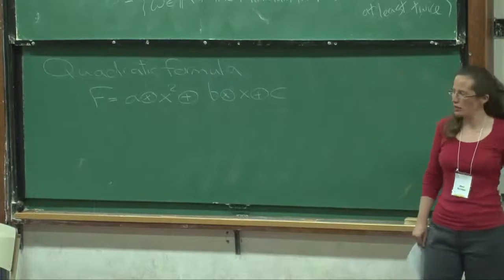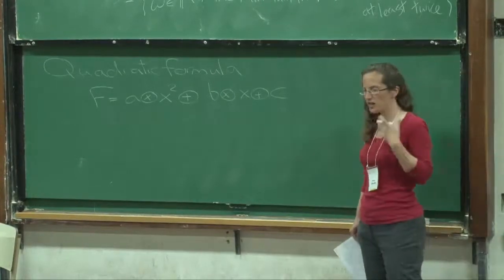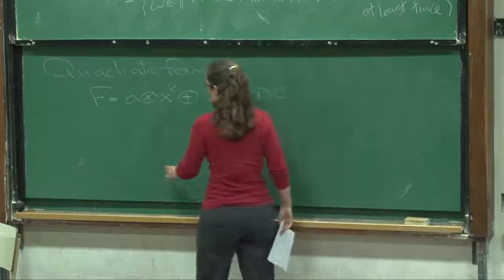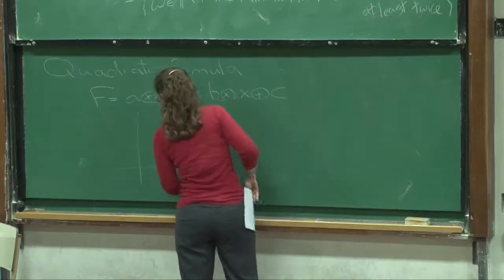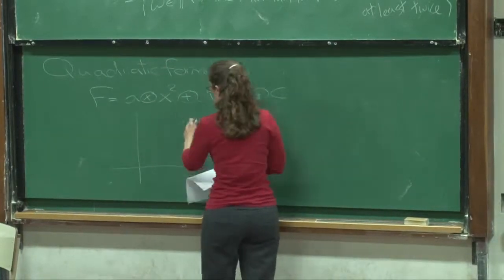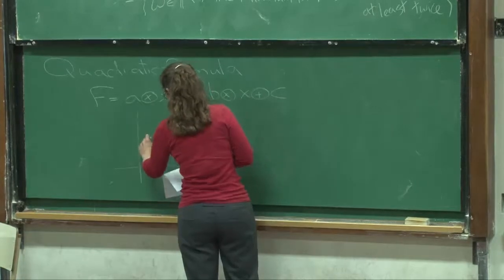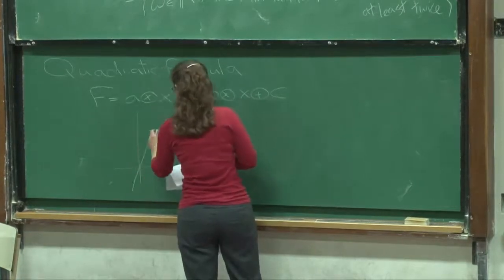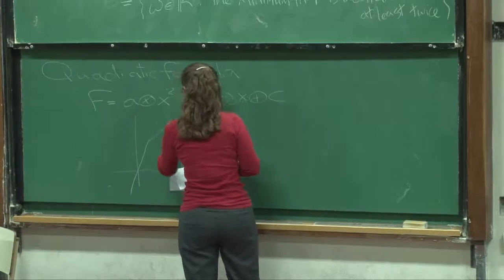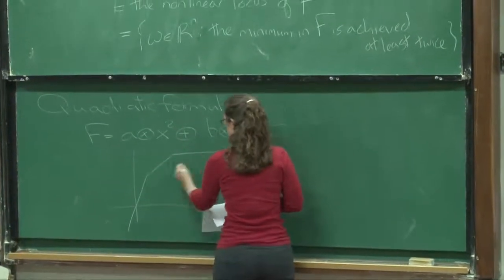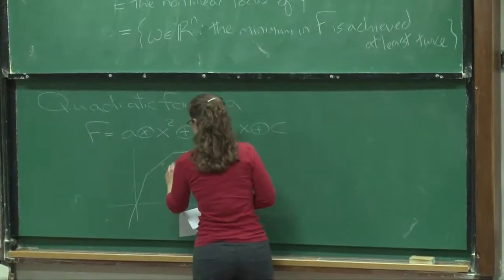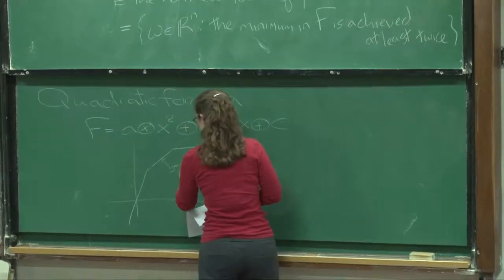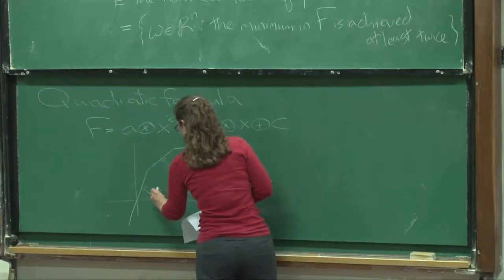This is a function from R union infinity squared to R union infinity. Let's draw the graph. And of course, it depends on what a, b, and c are. So I might have, this is the line y equals c, this is the line y equals x plus b, and this is the line y equals